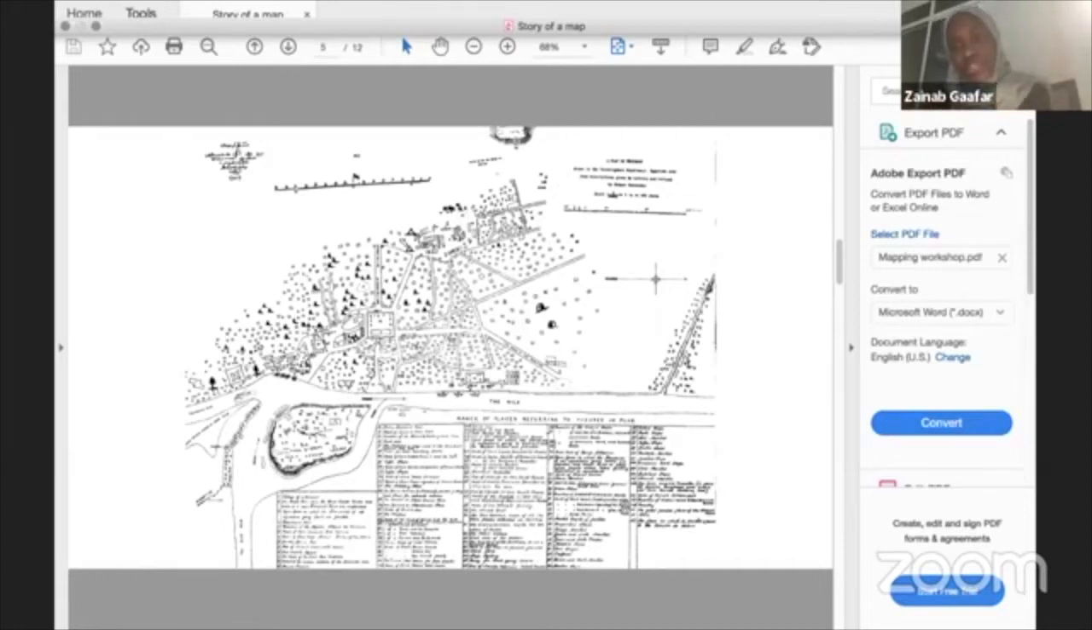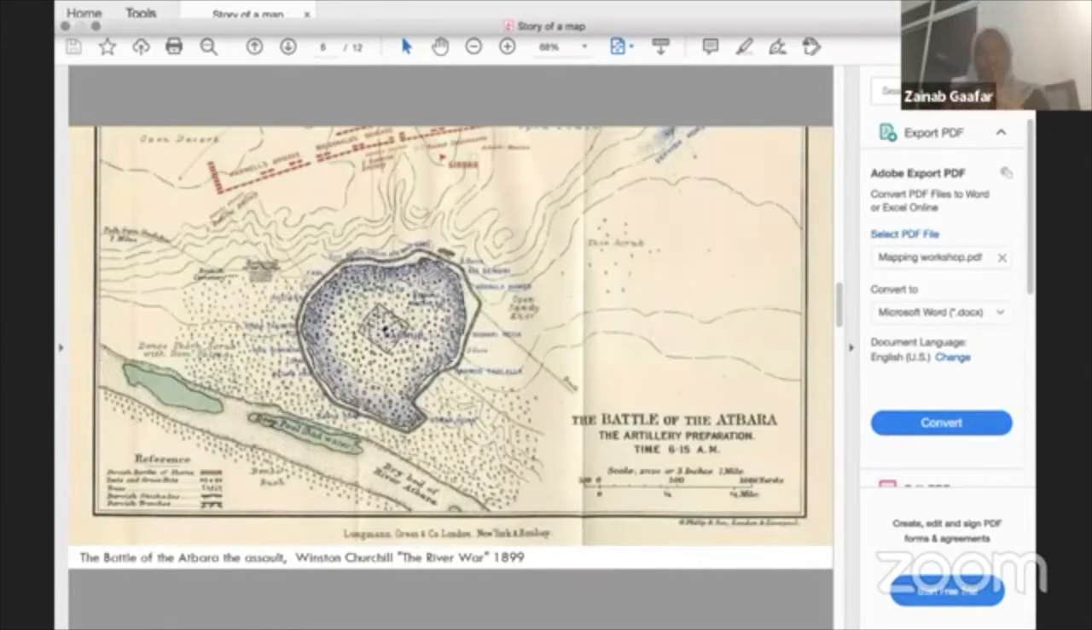Another type of map, if we go to the next slide, is actually storytelling. They're designed to tell a certain moment, not just a static moment, but something that happened, like the battle maps, specifically the maps in the River War book written by Winston Churchill. For example, we're looking here at the Battle of Adbara,